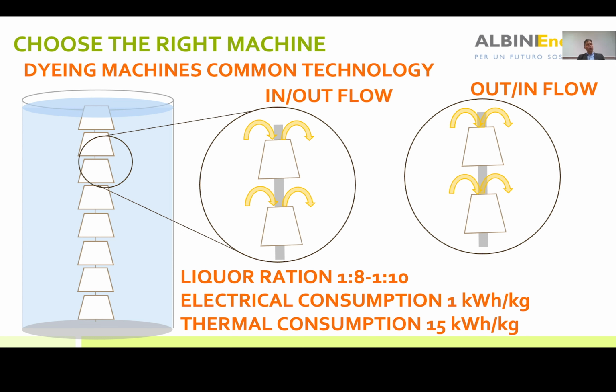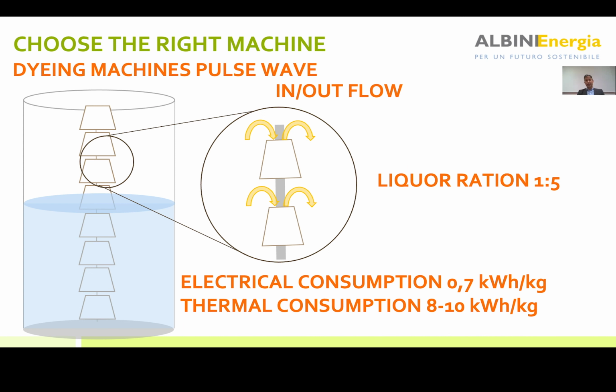If you look at the new procedure that many final customers are asking for, like Burberry or big customers like Zara Group, they are now asking and pushing their own suppliers to go with machines able to have a liquid ratio lower than 1/7. How can they do that? It's shown in the next slide.